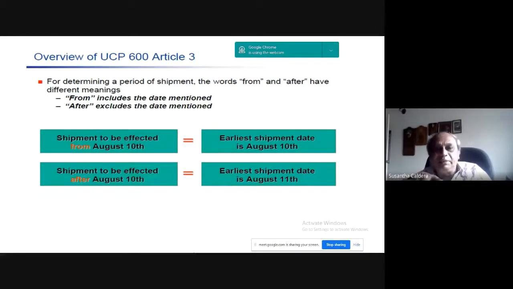For a shipment, don't mix up, right? From includes the date mentioned, and after excludes the date mentioned. That is for shipment, not for payment. Right? Shipment to be effected